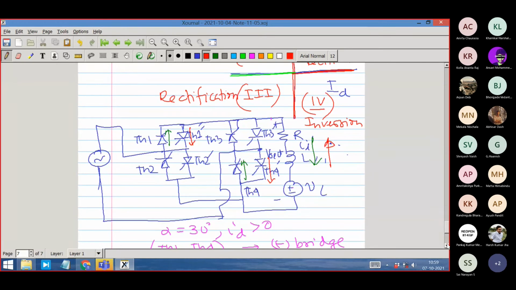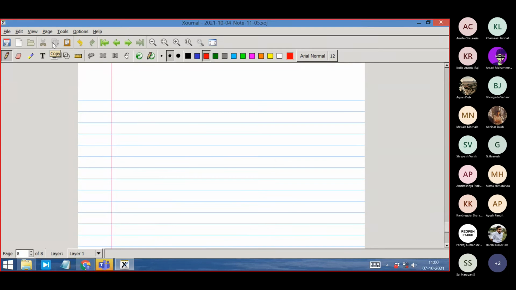This is what we are learning from the circuit's capability point of view. You may now want to know when and how we would like to use it. That is a totally legitimate question, but it requires a little bit of extra time, and the time is almost reaching 11. I have to show you, but you can think also. You can think in terms of a DC machine. In the case of a DC machine, just one word I will say, so that you get a thinking zone. You will yourself be answering it.